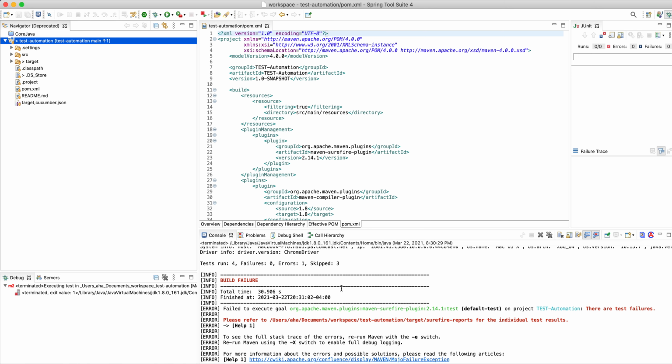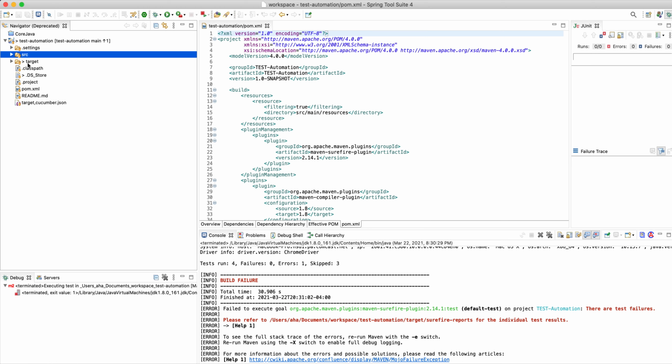See, as soon as you do Maven test, you see the target folder here. Even though the test cases failed, that's fine. When you do this in your Windows, it will work because I'm using Mac and I have some issue with my driver. Because of that, it failed. But when you do this, it will work. Even if it doesn't work, that's fine.